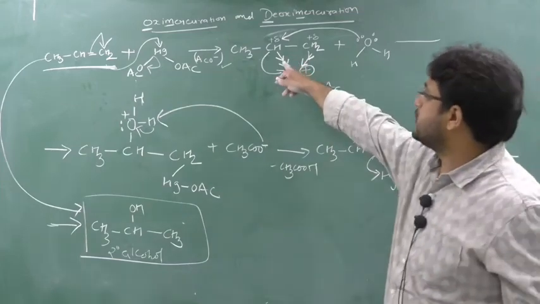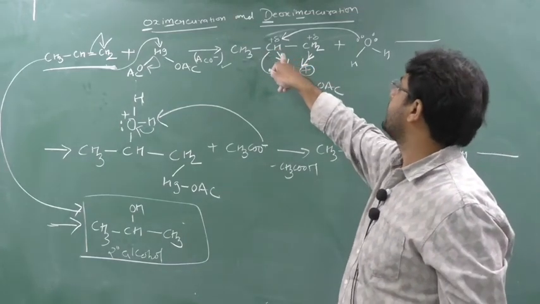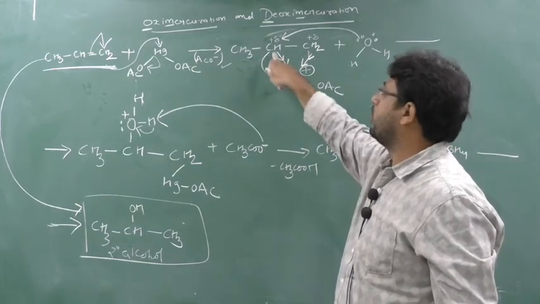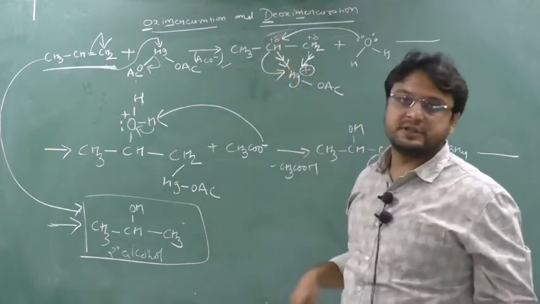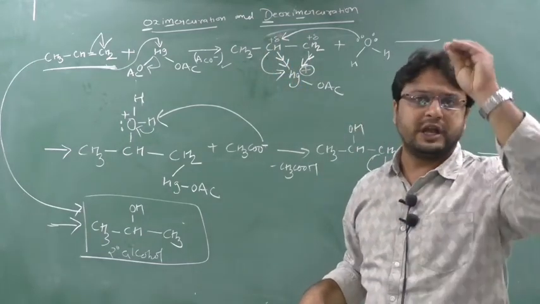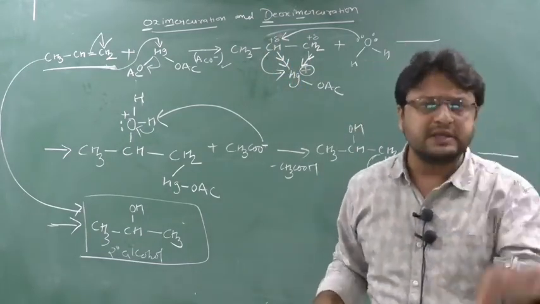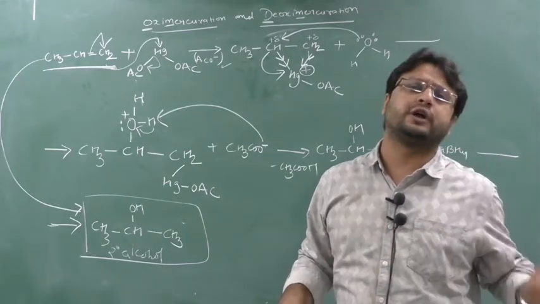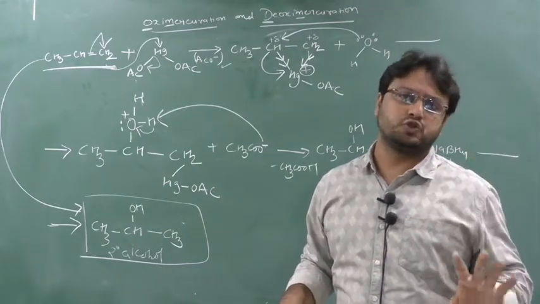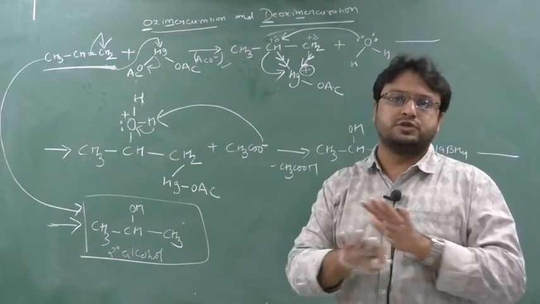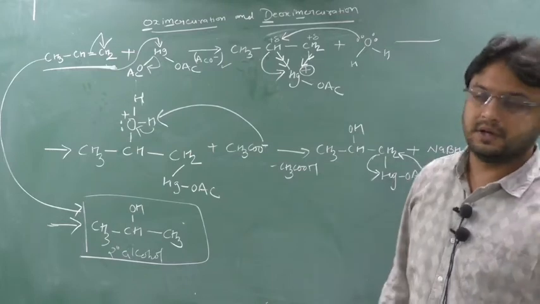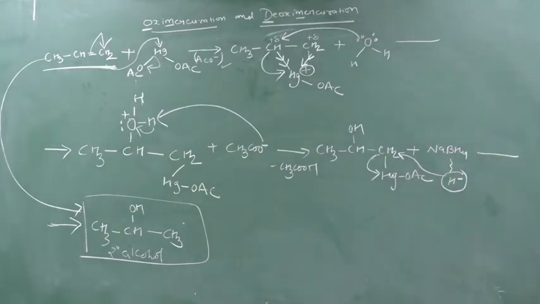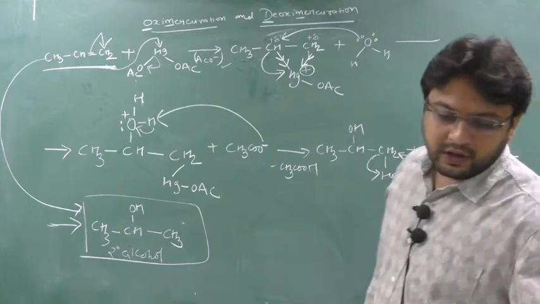And here there is no formation of a carbocation. If there was a formation of carbocation, this Hg would not have formed the bond. Here Hg has bonded automatically with this CH plus, meaning the CH plus does not form even for a nanosecond, less than a nanosecond. I mean to say there is no formation of a carbocation, just for microseconds to do the reaction. When there is no formation of a carbocation, rearrangement will not be possible. Clear this part? Okay.